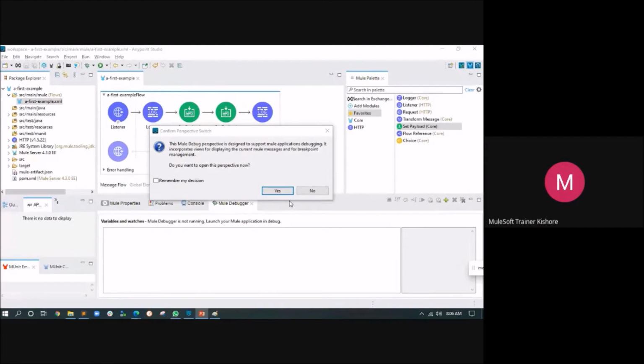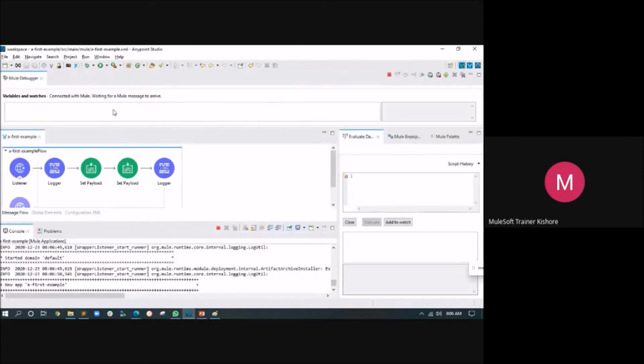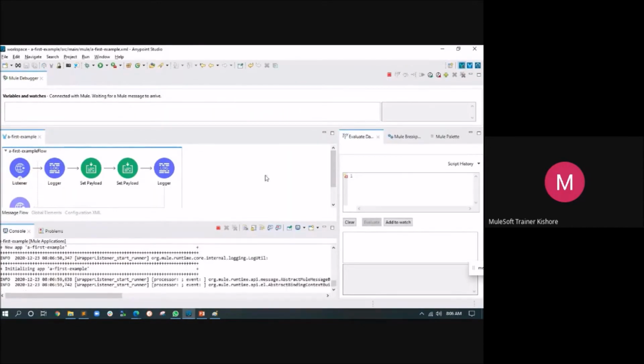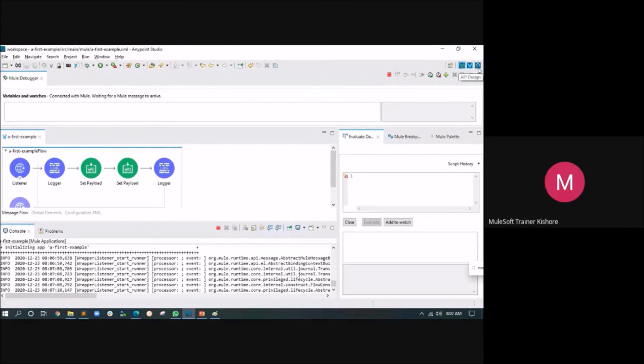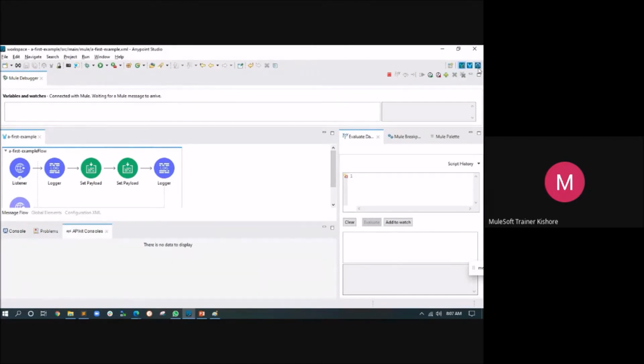So what is this, Confirm Perspective Switch? What is a perspective here? Let me click Switch and let's see what will happen. See, your entire views got rearranged. So there are perspectives in your IDE. Here are the perspectives. Each perspective has a purpose. What is that purpose? When you are designing an application,